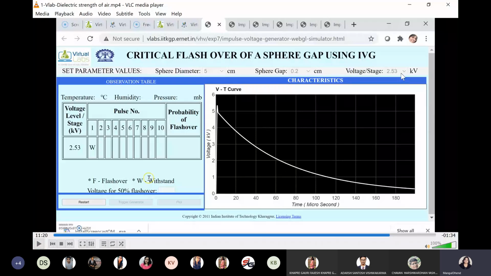until you find out the breakdown voltage for the increased diameter. Once you find out the breakdown voltage, then again increase the diameter. Keep the gap distance same. Start. Now I want to see who are the fast performer, observer and reviewer. By that time I will start the activity of other students.